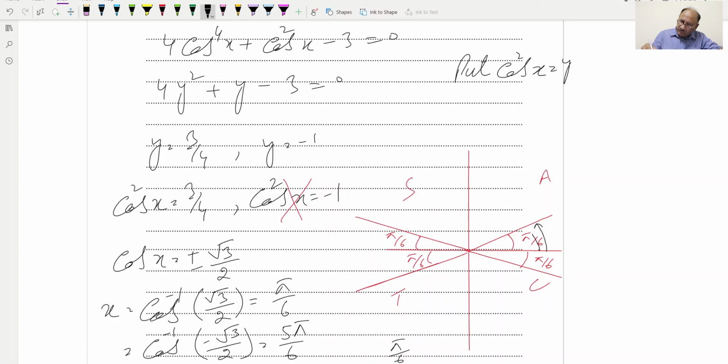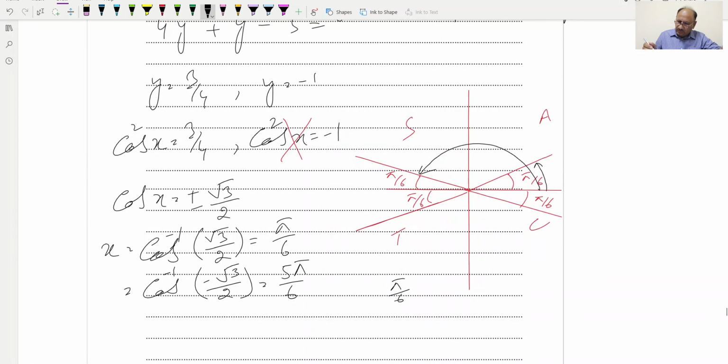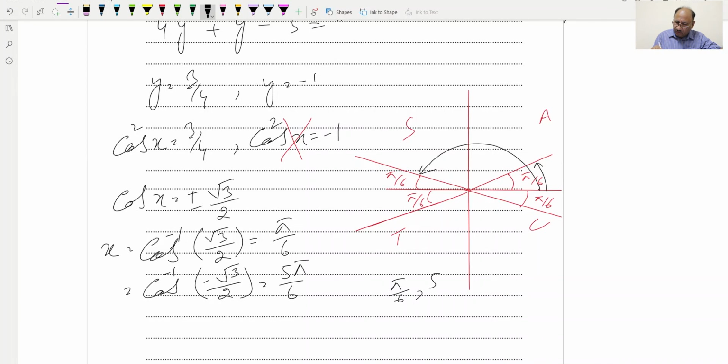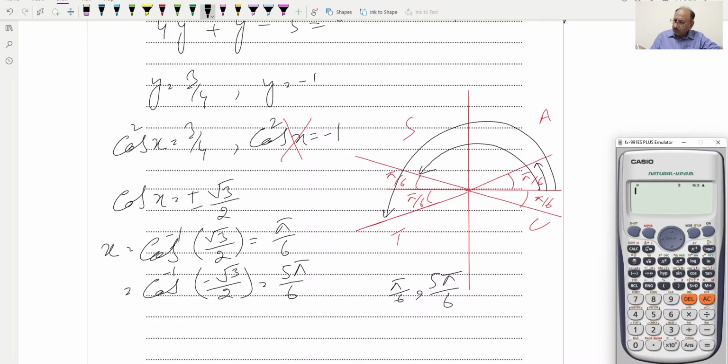And the next angle will be this one, which we can say is pi minus pi by 6, and this will be equal to 5 pi by 6. So 5 pi by 6 will be the second angle, and the third angle will be up to this one, which we can write as pi plus pi by 6; we'll just change the sign over here, and this will be